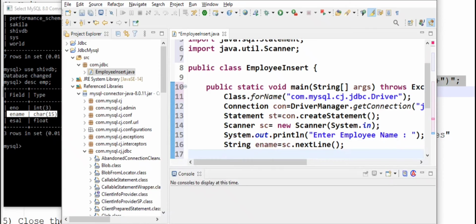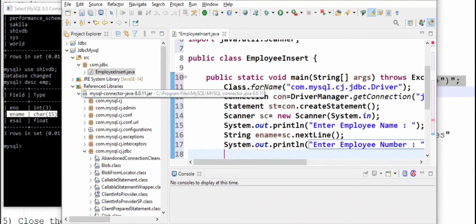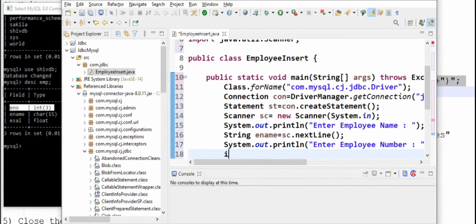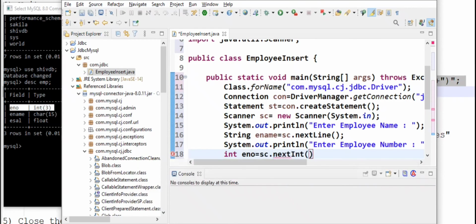Now we should take input for employee number. Employee number is in integer form. We should follow the same. int eno equals sc.nextInt. Great.